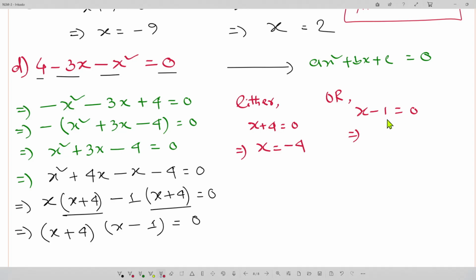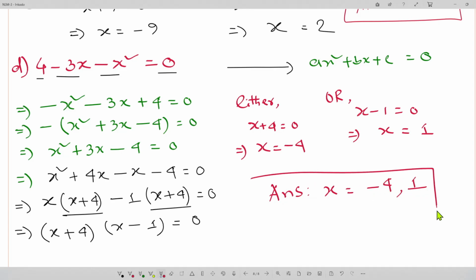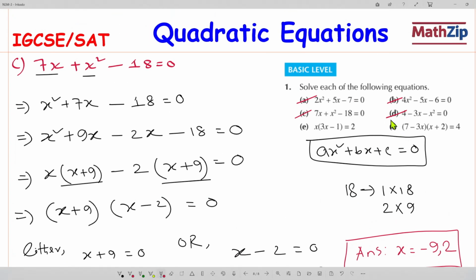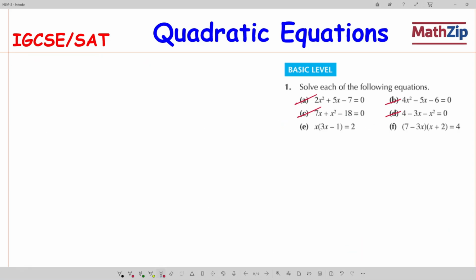Now add both sides by 1, so x equals 1. So our answer is x equals either minus 4 or 1. Very simple. Okay, number A, B, C, D done. Till now we have two maths left which we are going to solve now. Number E,